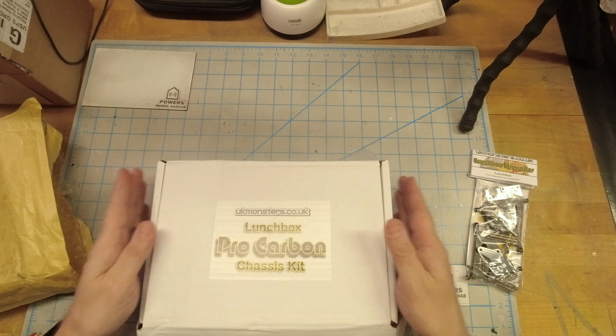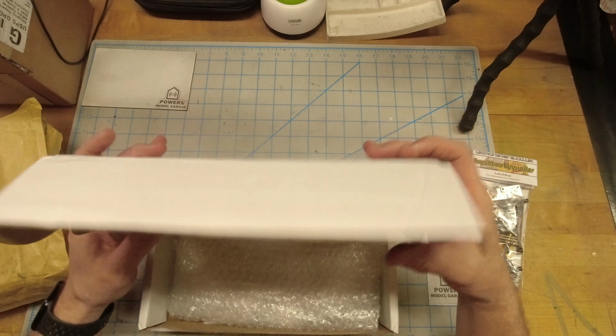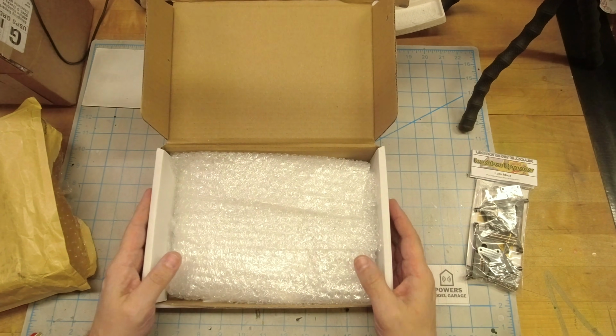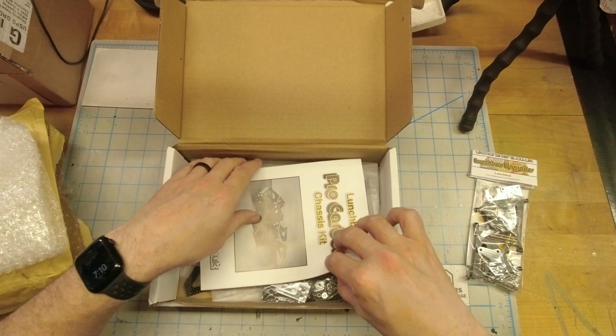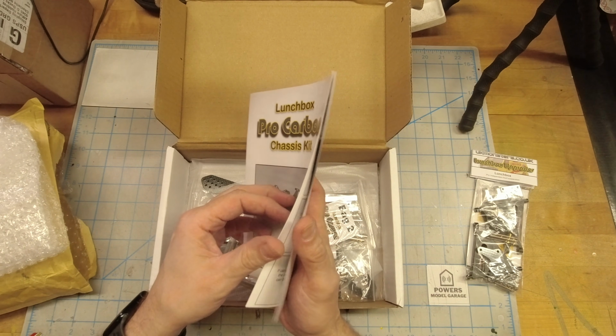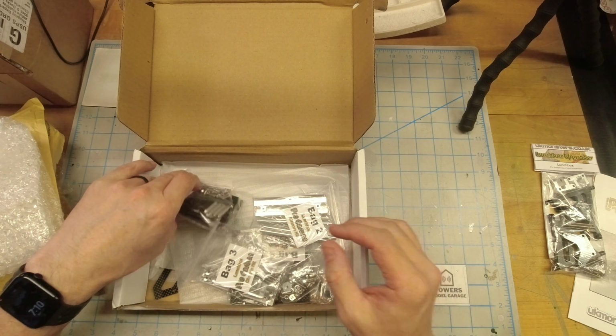First thing, it's very well packaged from UK Monsters. He did a great job. Lots of bubble wrap right here. Comes with a nice instruction book. We'll look at that in just a second. And then here's all the parts, and it's all labeled out. There's bag 1, bag 2, bag 3, right there, bag 4, right there, and then